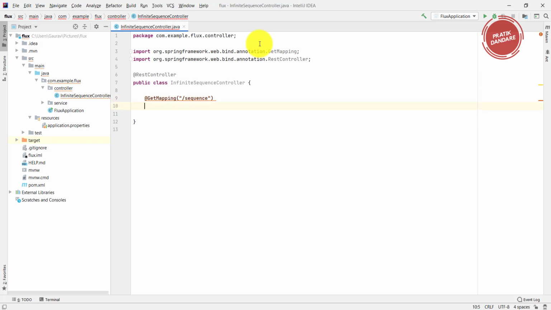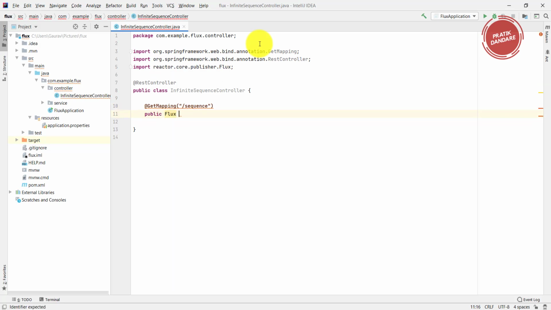It should return a Flux, and generate sequence is the name of the method.